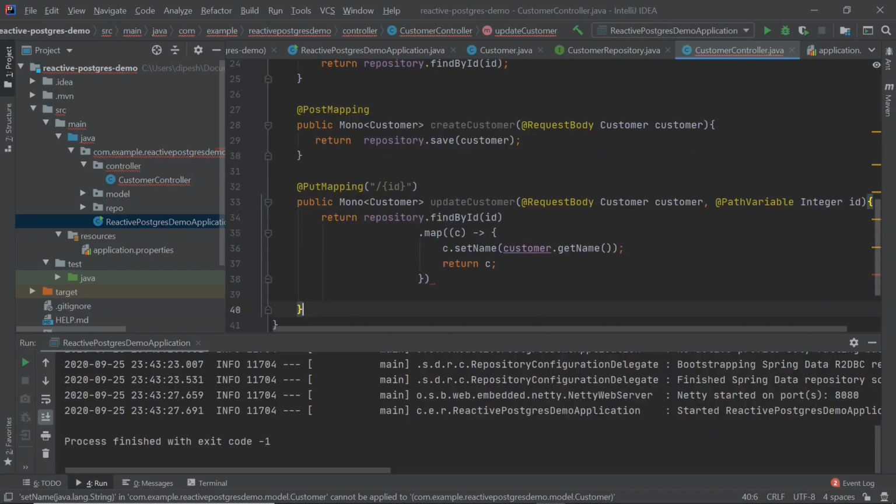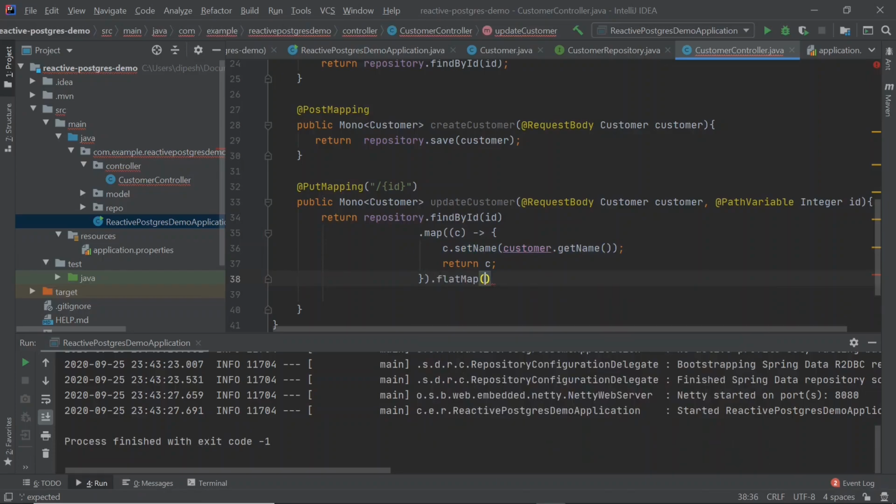So basically what we are doing is we found the actual customer from the database using the ID, and we are mapping it. In mapping, basically we are converting it to use the customer.getName which we have received in the body. Since we have only one field, that's why only one call is required.